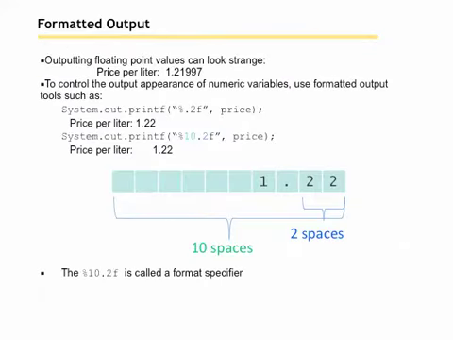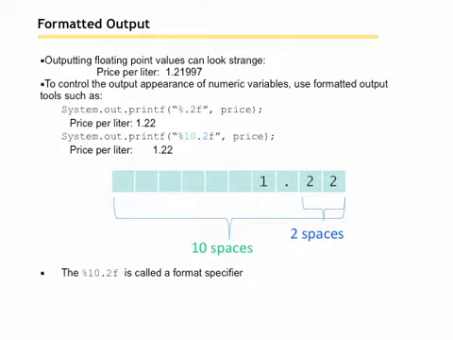We can also format output. We've seen previously how we use system.print or println for output. Now we're going to take a look at printf. F means formatted. So let's say we want our output to say price per liter 1.22 instead of 1.21997. We would use